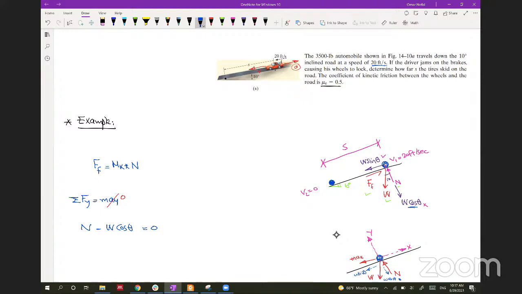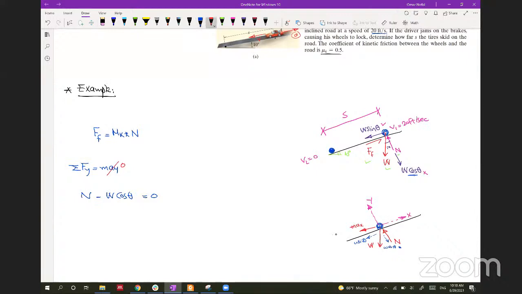We don't have any forces in the y direction, but we have F of friction in the x direction, but we don't need it because we are dealing with the y direction right now. So right now, N will be equal to W cosine theta,